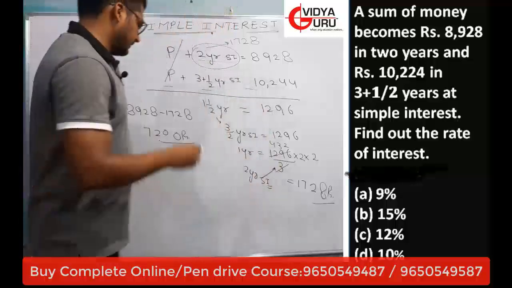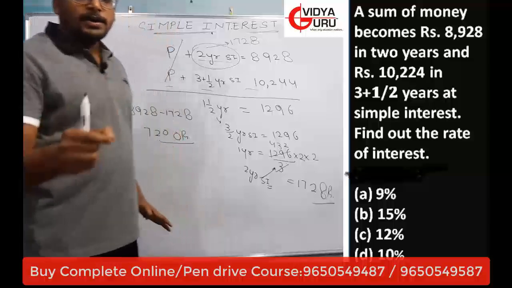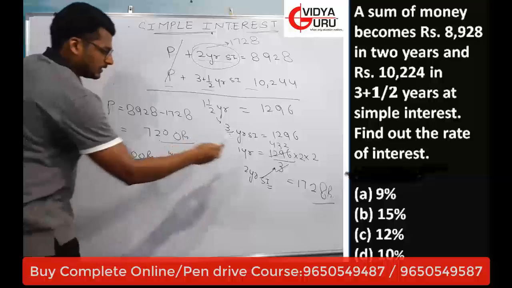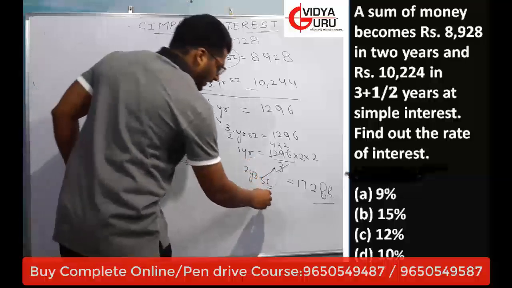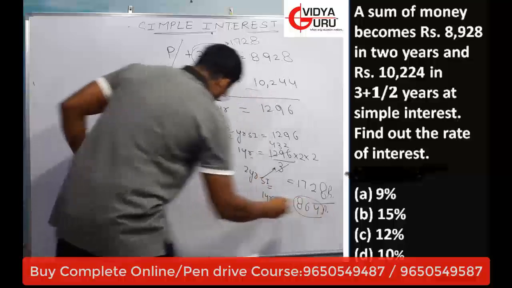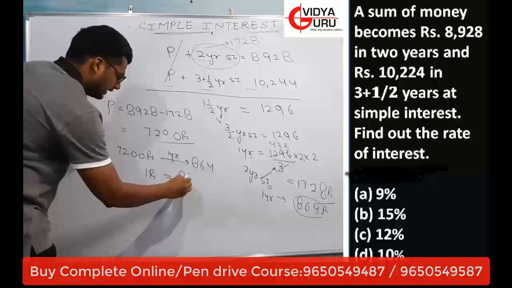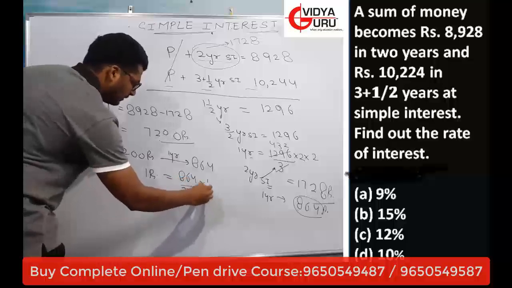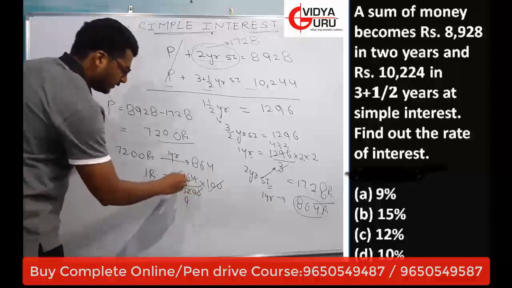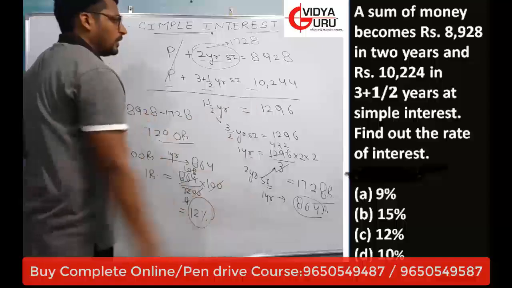But the question has not asked for the principal this time. It is asking what is the rate. I have told you rate is nothing but the amount paid in 1 year on 100 rupees. On 7200, what is SI for 1 year? If I find SI for 1 year, it will be 2 8s are 16, 2 6s are 12, 2 4s are 8, 864 rupees. What will be the SI on 1 rupee? 864 by 7200, and on 100 rupees, into 100. If I cancel it out, 8 9s are 72, 12%. So rate is 12%.